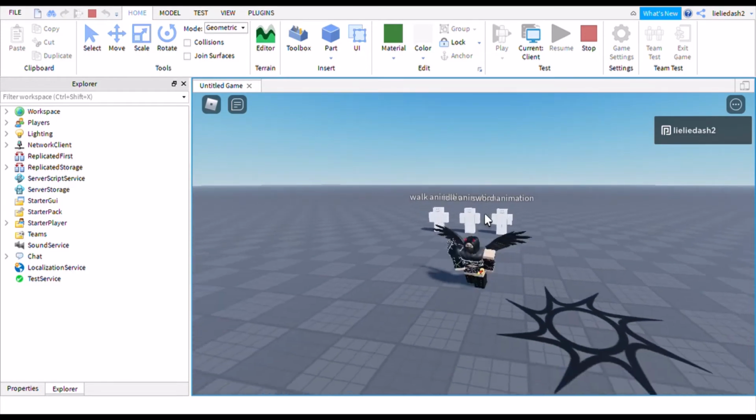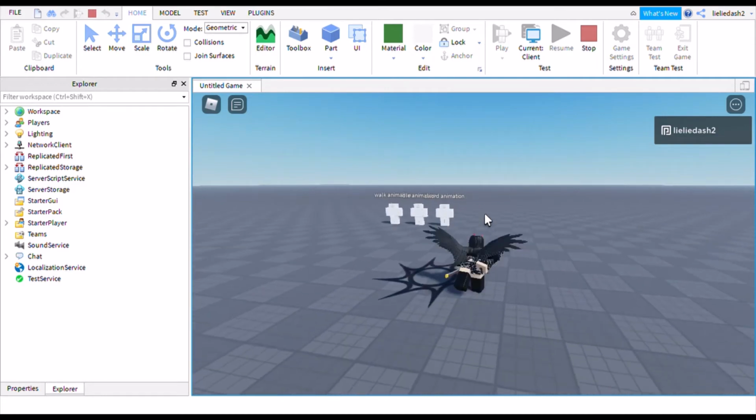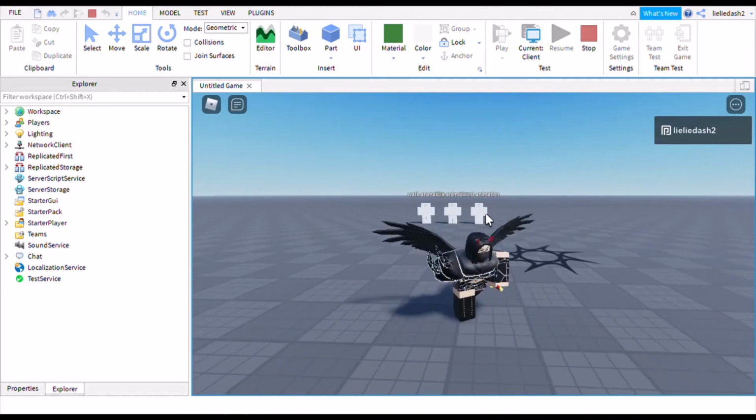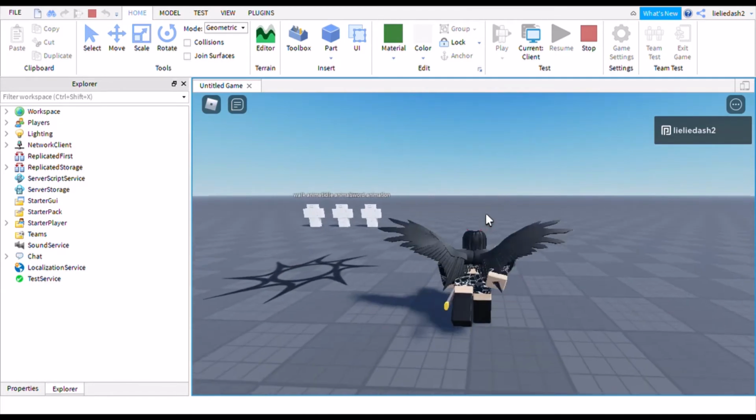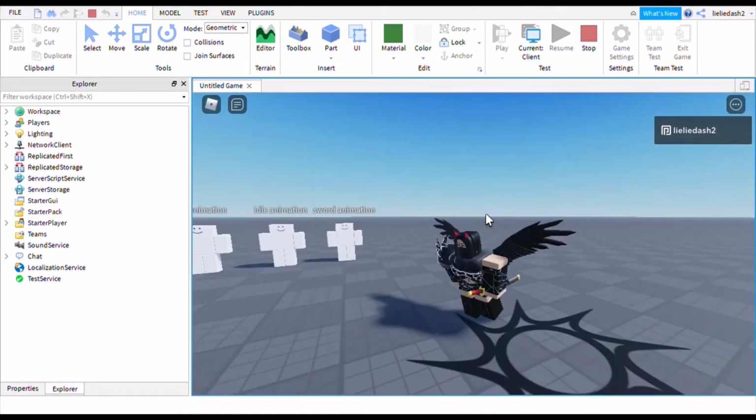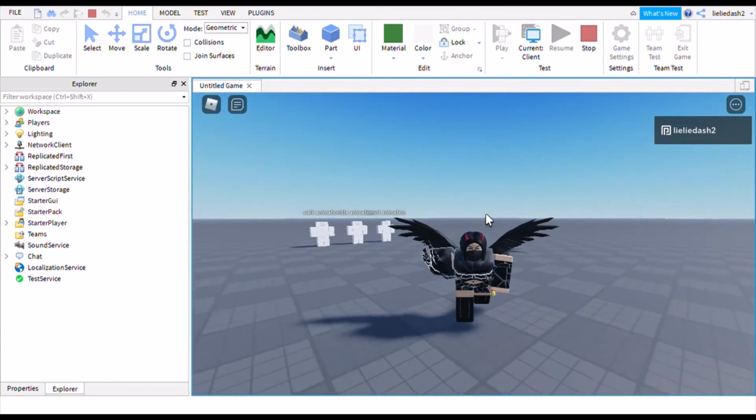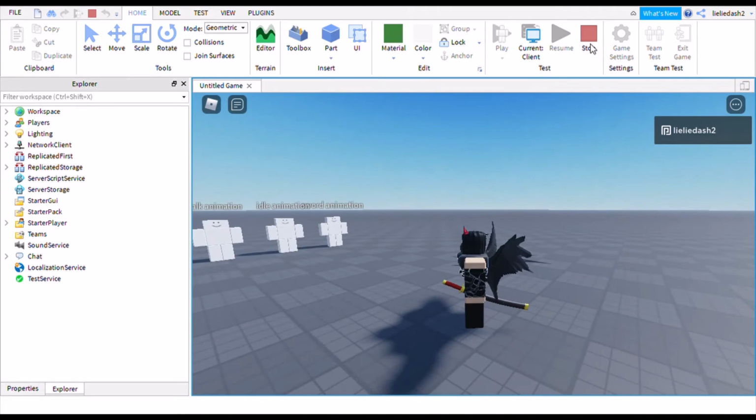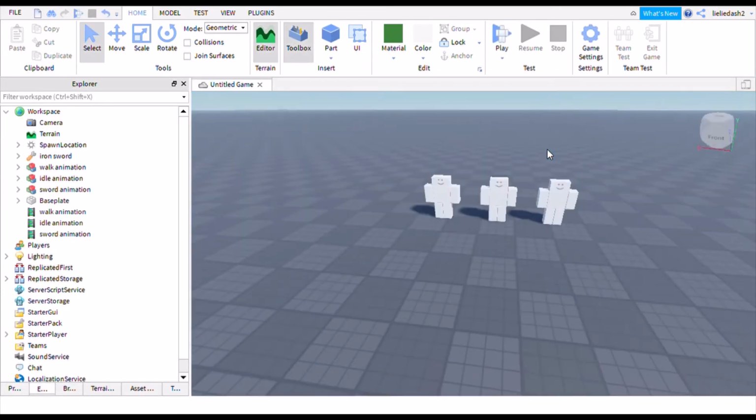This is super useful if you're trying to make a game that has a certain aesthetic or style and you want your own custom animations for it. So now we have our own walking animation in the game. And now for the next one that we want to do is actually